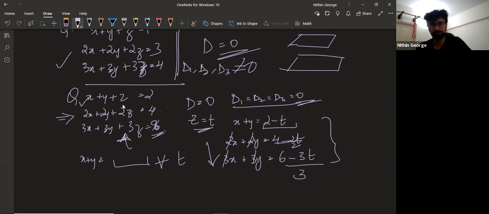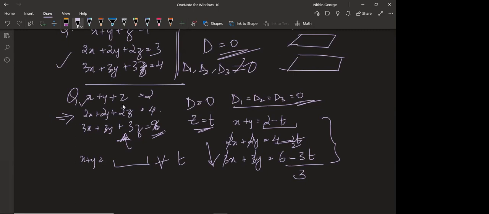There can be a case where it's like this: 2, 4, and 8 instead of 6. Then what do you say? Two of these planes are coincident. The third plane is just parallel to that, but somewhere else. So we are looking for solutions of all three planes. They all should intersect somewhere, which never happens. That is the case where you get no solution. Are you following? Yes, sir. As simple as that.